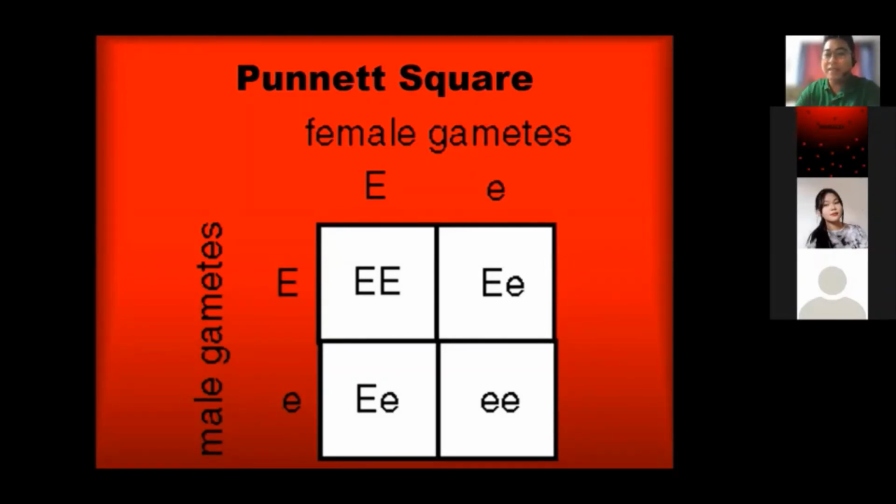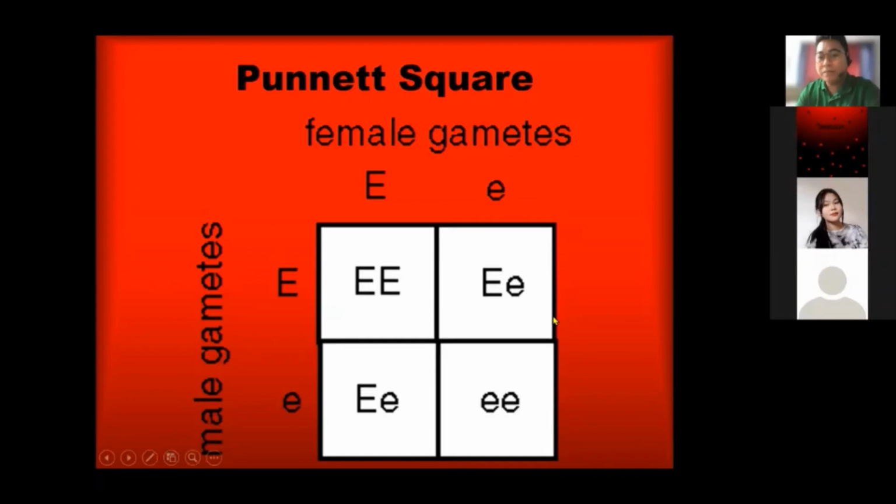Example, ang female natin na alleles or female gametes natin, mali na naman yung gamit ko ng word na allele. Allele has to be a pair from both parents and from both male and female gametes. So yung gametes is the sex cells. Ayan. So female gametes has big letter E and the small letter E, while the male gametes has big letter E and the small letter E, the same. So there is a chance that we will have three children that are containing the dominant gene, which is the big letter E, and one child that contains small letter E, or yung recessive gene.